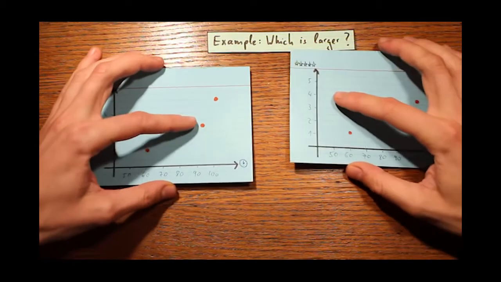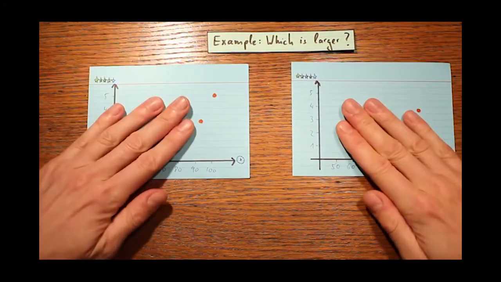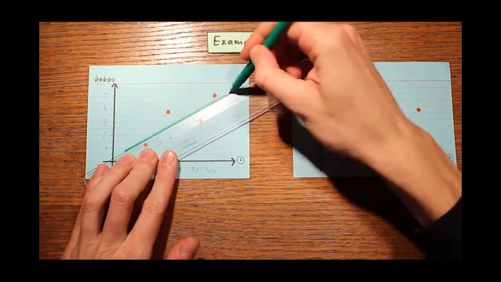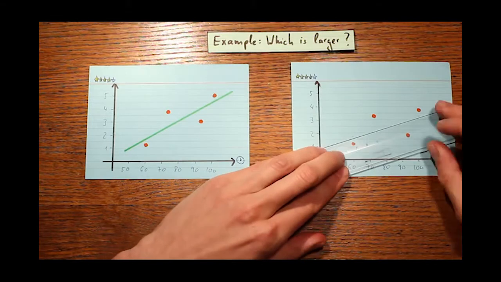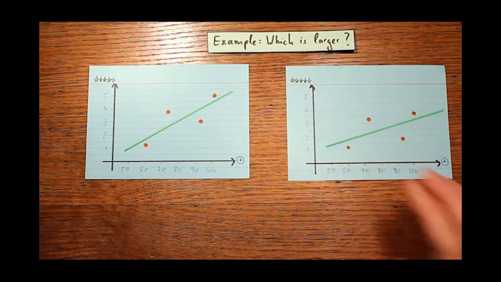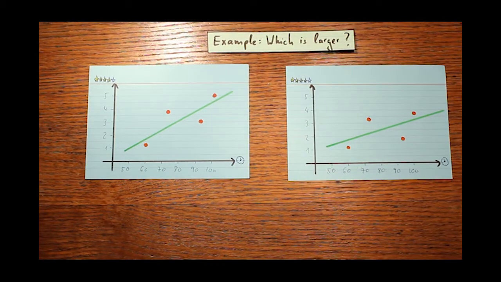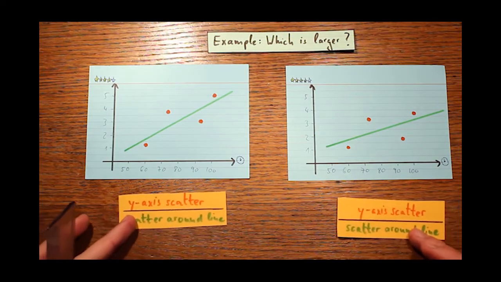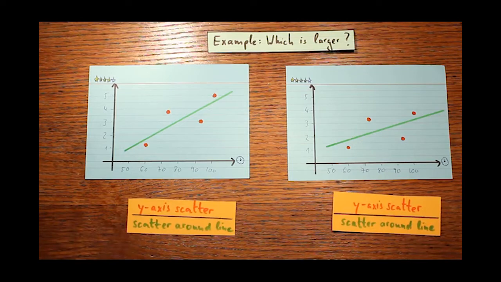So here are 2 scatter plots, and the question is, which one has the larger correlation coefficient? So the first step is to fit the straight lines. So they go here and here. And then step 2 is to remember the slope of these lines. Well, they are both positive. So in this case, we already know that both our correlation coefficients will be between 0 and 1. So in the third step, we have to compare the scatters around the y-axis against the scatters around the fitted lines. Okay, let's look at the y-axis first.